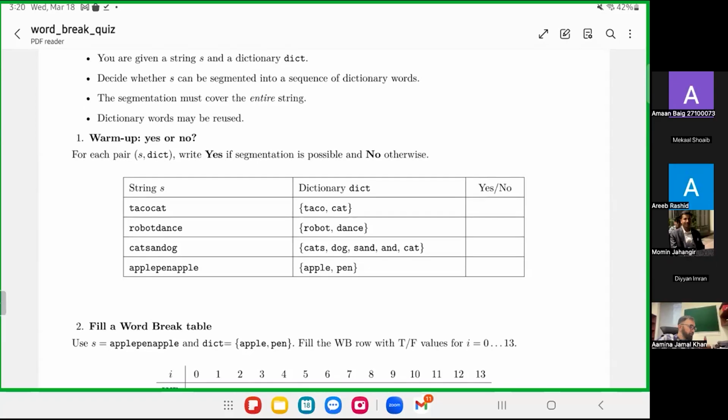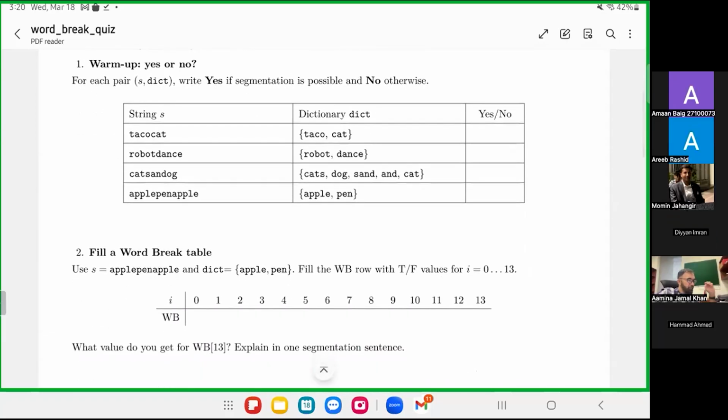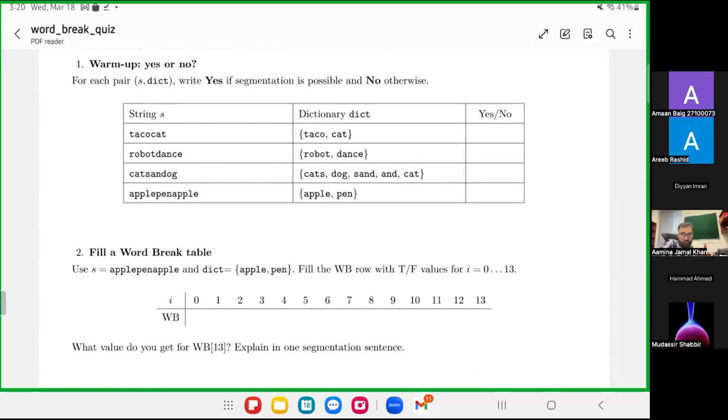Okay, moving on. You have to fill up this single row of the table. So we're going to recurse on something called WB. That's going to be the state. We'll define it in the next question, but for now we are going to hypothetically, intuitively build what WB is going